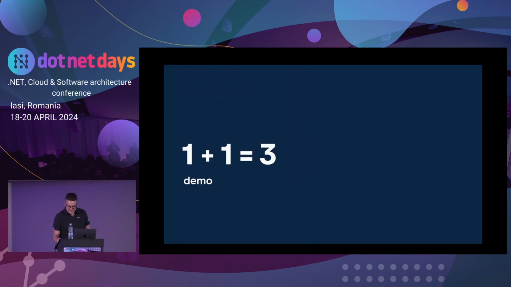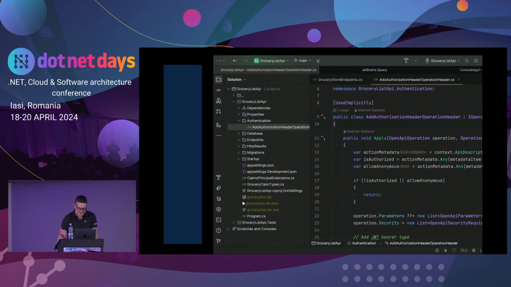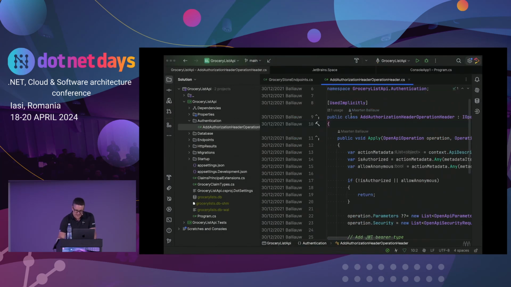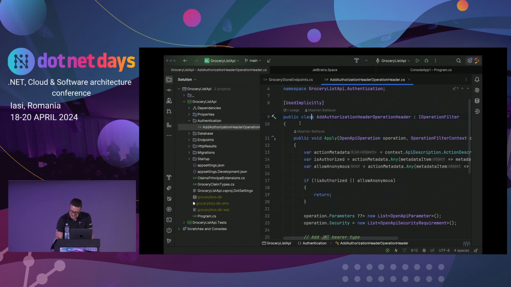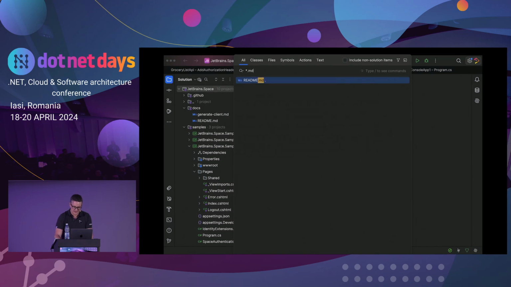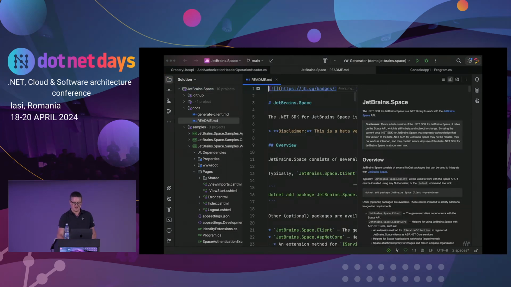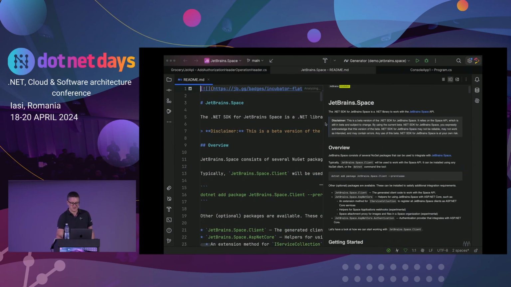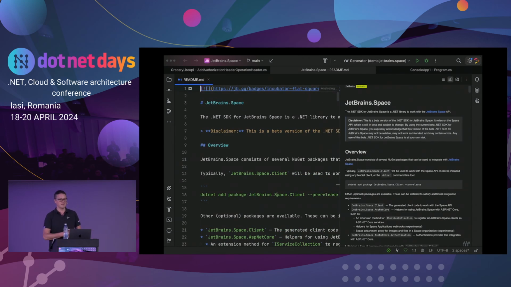So let's look at a couple of examples there, just to situate what we mean by having all of those combinations. In this grocery lists API project that I have here, actually, let me go into the other project that I have here. If I open a Markdown file, let's say readme.markdown, that is all IntelliJ. The editor you get here, everything you see here is all IntelliJ because IntelliJ knows about Markdown. It can show you a preview on the right, spinning up a Chromium process underneath and showing that in the IDE, and all of that just works. All of the editing functionality here, if you would Alt-Enter here and say, okay, look,